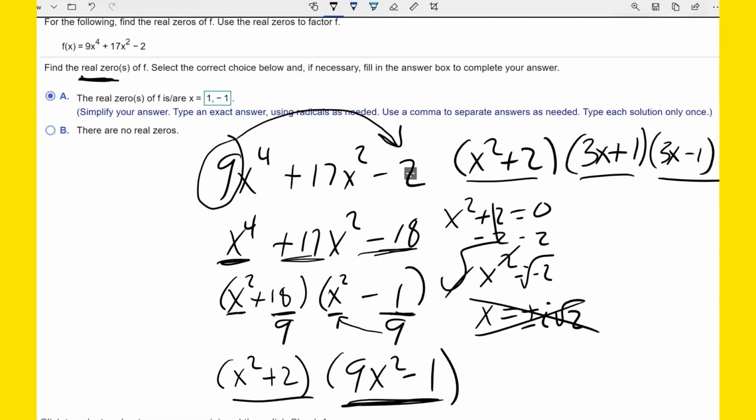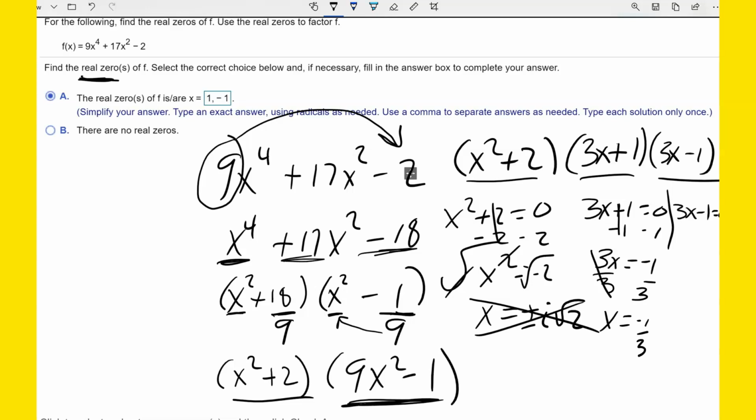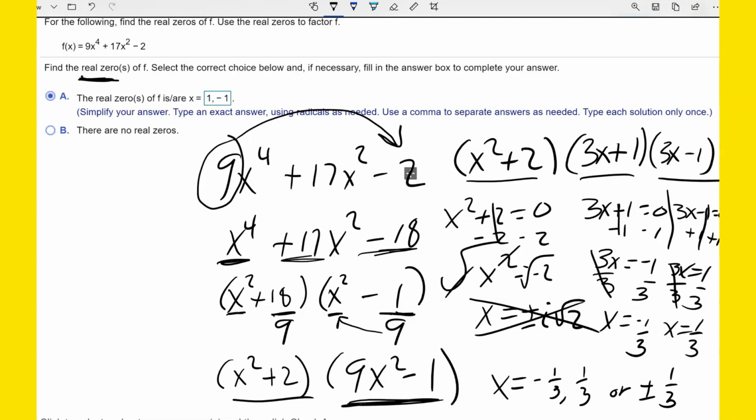So I am going to set 3x plus 1 equal to 0 and 3x minus 1 equal to 0. And I'm going to subtract 1 there, so 3x equals negative 1, divided by 3, and x equals negative 1/3. Here I will add 1, so 3x equals 1, divided by 3, x equals positive 1/3. So I can write my answers as negative 1/3, comma, positive 1/3, or you could just say plus or minus 1/3. But this is going to be the answer that I type in